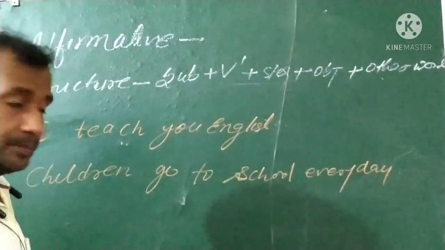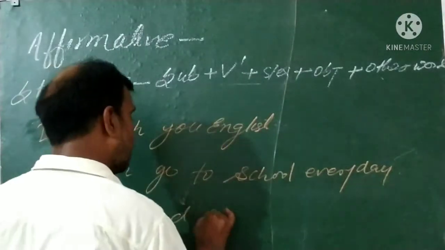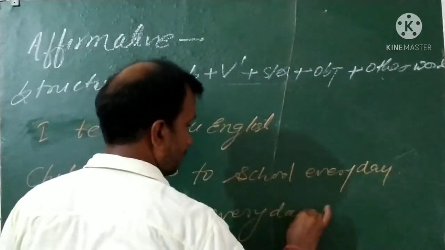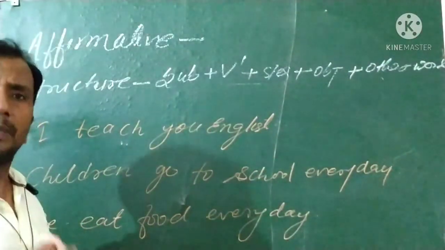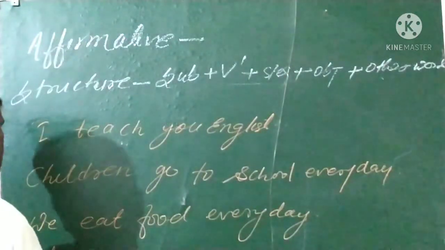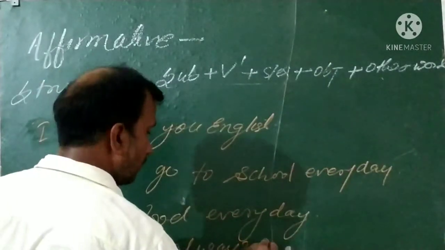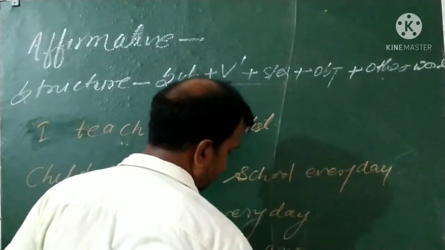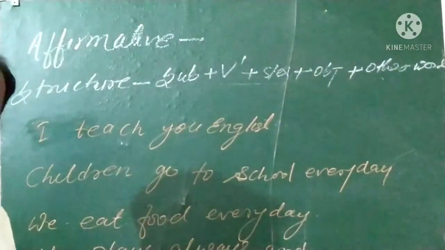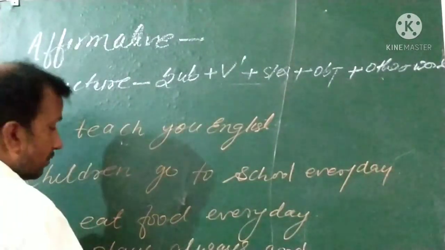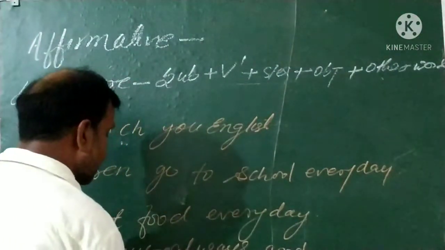हम रोज खाना खाते हैं. We eat food every day. Okay? वह हमेशा अच्छा खेलता है. He plays always well or good. You can write here, he plays good always. ऐसे भी कर सकते हो, he plays good always or he plays always good. वो हमेशा अच्छा खेलता है. And you can write here always a good